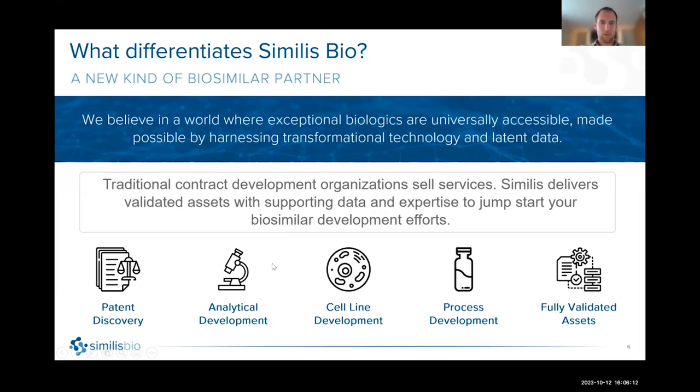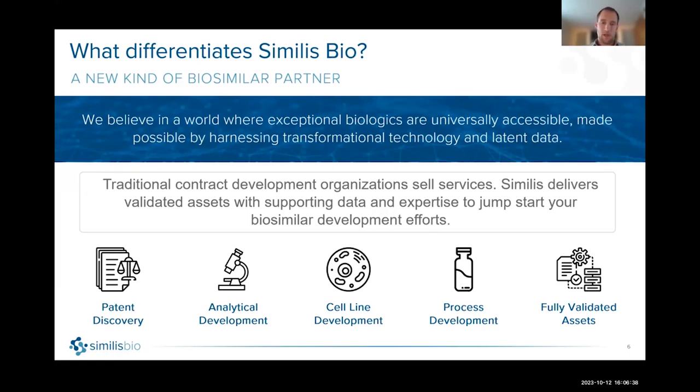Analytical development, which I've discussed, but quickly received requests for asset development as well. So these would be cell lines, and then upstream and downstream processes. So Similis Bio, if I didn't mention this, is a JSR Life Sciences company. So we're in the family with Celexus, which is now KBI, and KBI Biopharma, which are CDMO. And so we have access to those capabilities.